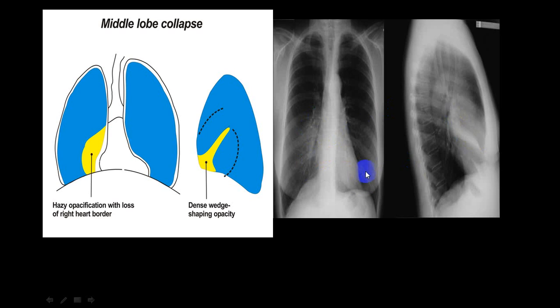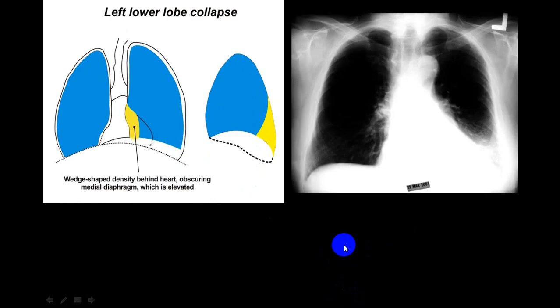And very rarely you see an air bronchogram in that. Here you can see an air bronchogram. By and large, air bronchogram is never seen in a case of a collapse. So this is a right lower lobe collapse with a little shift of the mediastinum, little shift of the trachea. Here even the angle is obliterated.